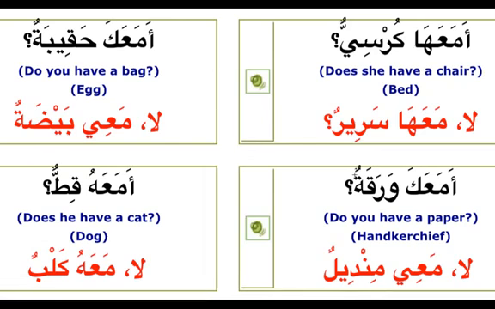We learned how to use the attached pronouns and asma'ul khamsa, abun and akhun. The sign of marfu is waw, the sign of mansub is alif, and the sign of majrur is ya. So inshallah, try and practice,